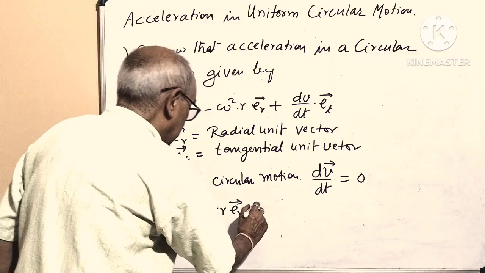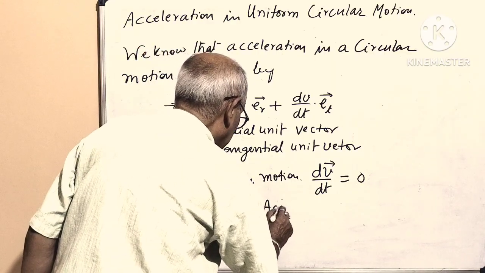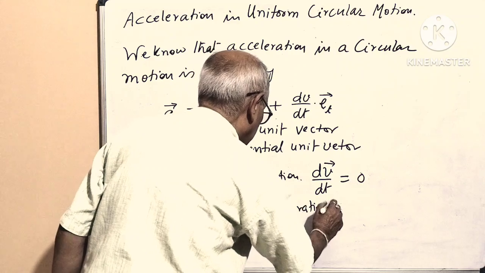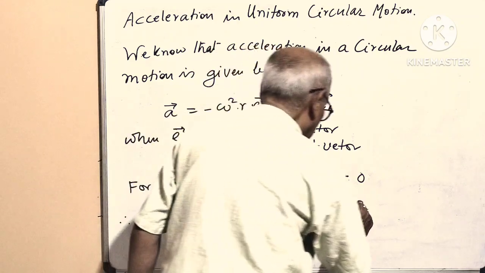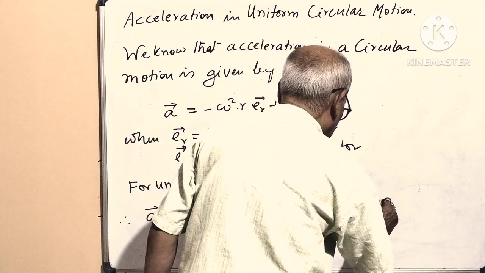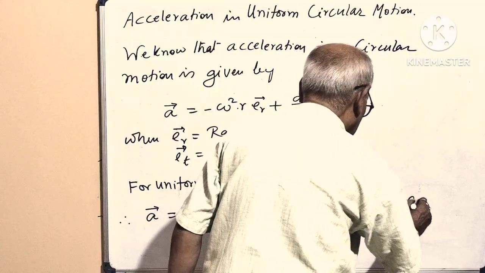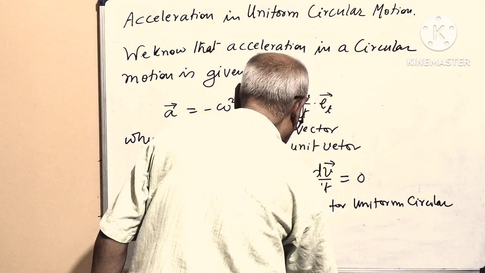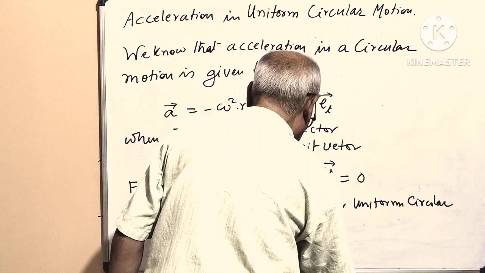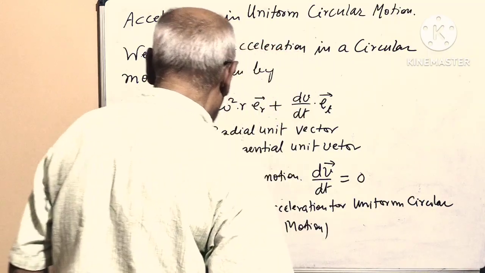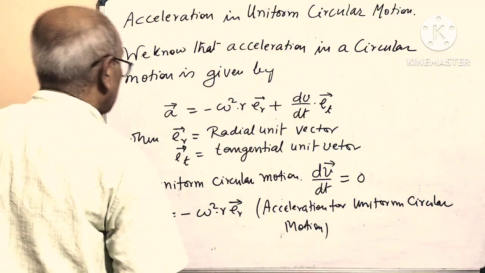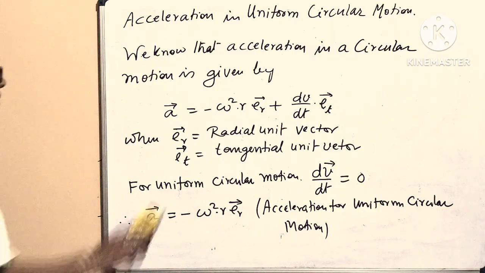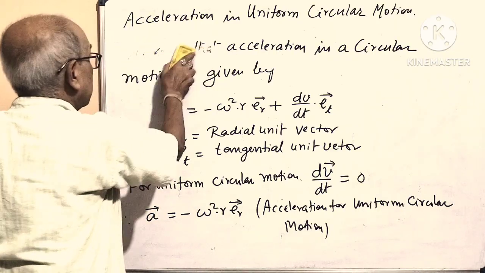This is the acceleration for uniform circular motion. Now its magnitude is given by